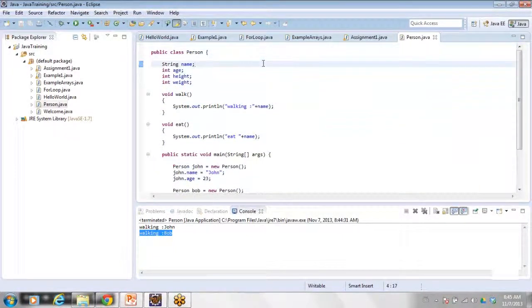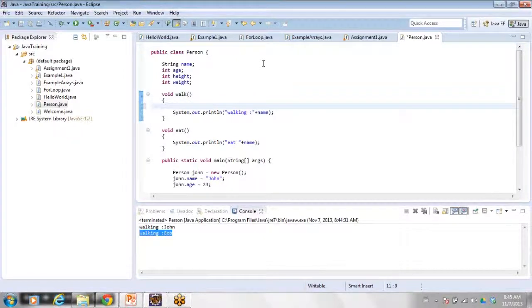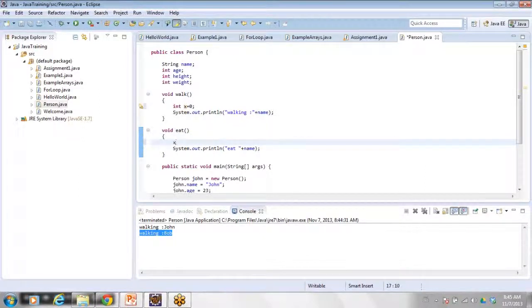So the scope of the attributes, the variables that are defined at class level, are accessible for all the functions or operations that are defined inside the class. You need not define it here. So if you define a variable inside a function or inside a member, it is not accessible here.